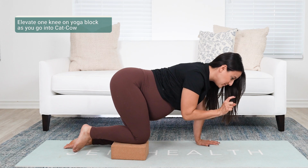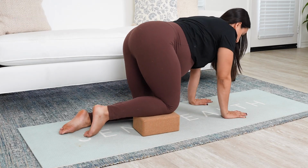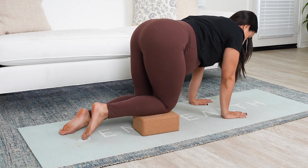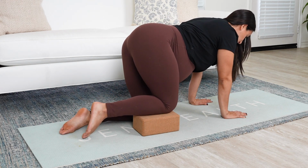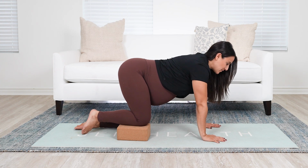So now I'm shifted in my pelvis. I'm not necessarily leaning one way or another. I'm trying to go straight down. So straight from a quadruped position, straight down. And now I'm going to do some cat-cows. Okay. So I'm going to open,